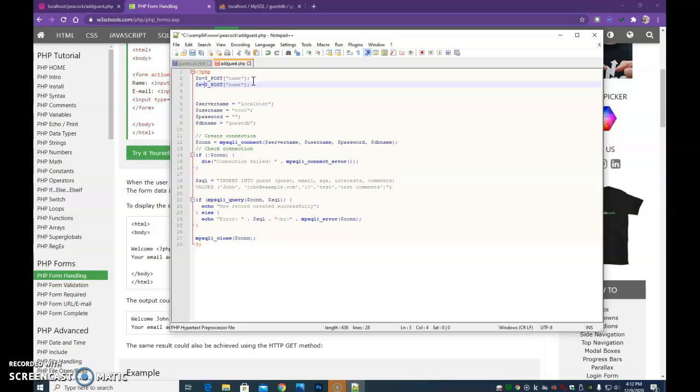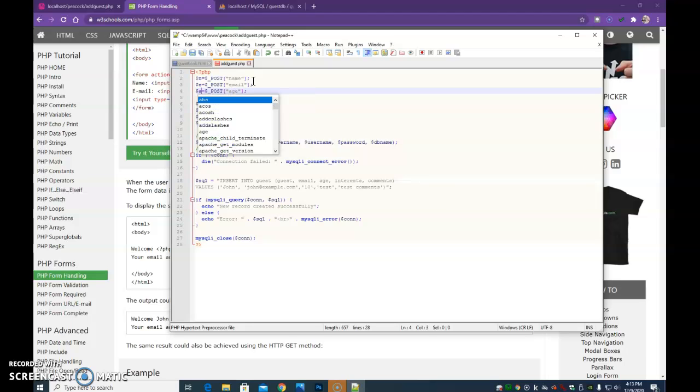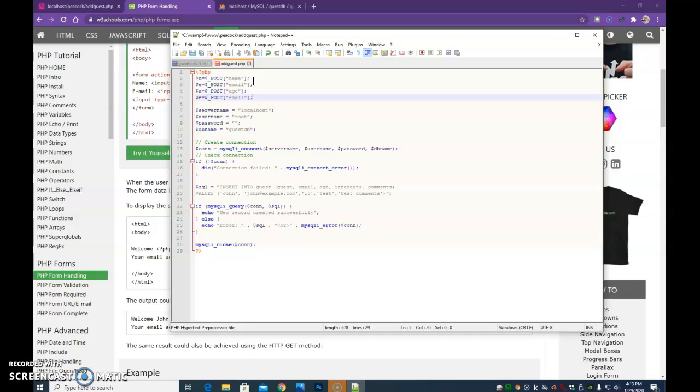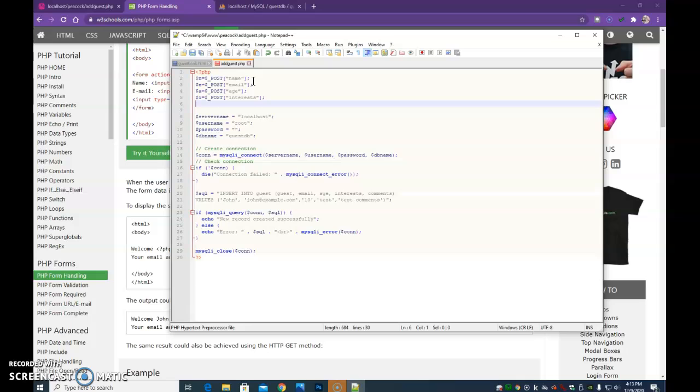E, and that's going to be what? Email. So this is going to bring in all of that post data that's coming over. Age, I'll call that A. Interests, I'll put that as I. And then finally,